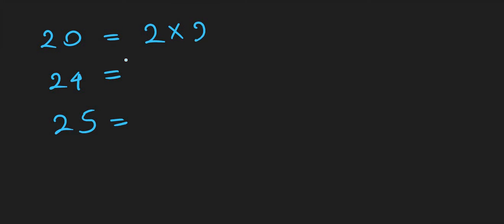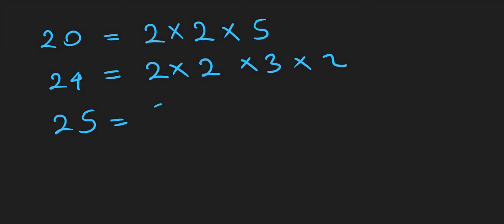Consider this example also: 20, 24 and 25. Now, 20 can be prime factorized as 2 into 2 is 4, 4 into 5 is 20. 24 can be prime factorized as 2 into 2 is 4, 4 into 3 is 12, 12 into 2 is 24. 25 can be prime factorized as